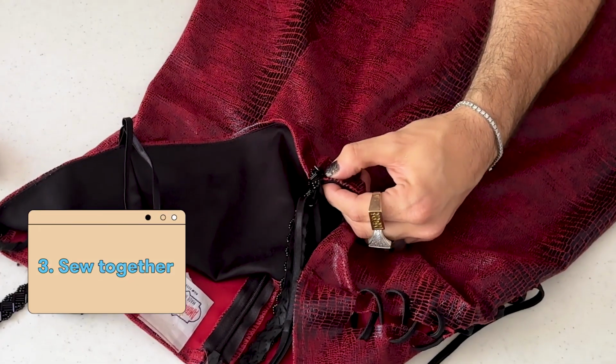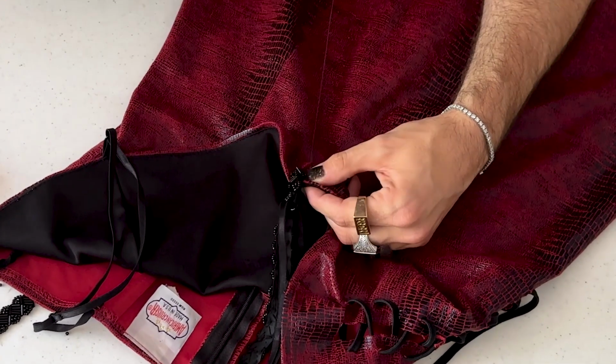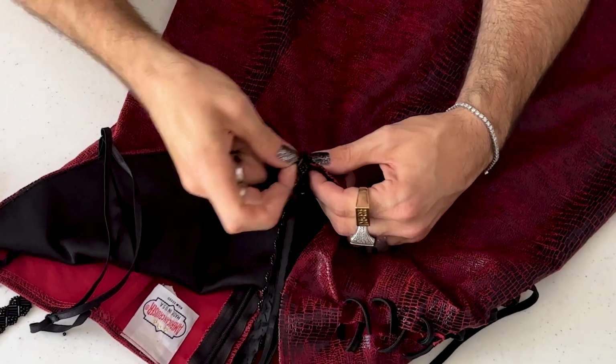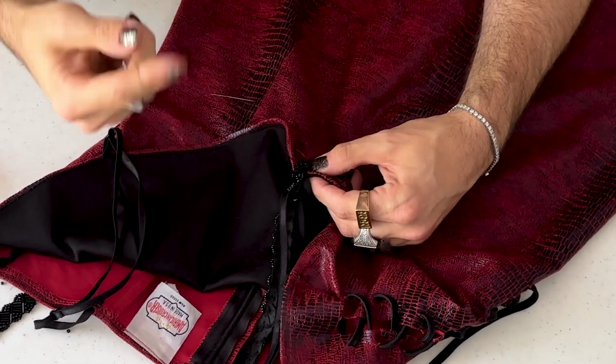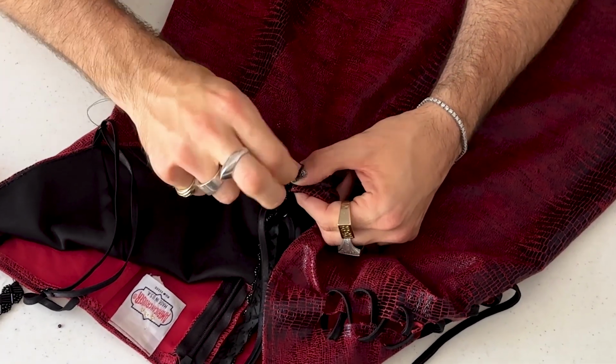You don't have to be a great sewer to do this. I'm just kind of inserting my needle, going through both layers and coming out the other side, and then going back through the trim, and just gonna kind of do this quite a few times to make sure that it's nice and steady. Okay, when you get to the end, go ahead and insert your needle once, pull it up,